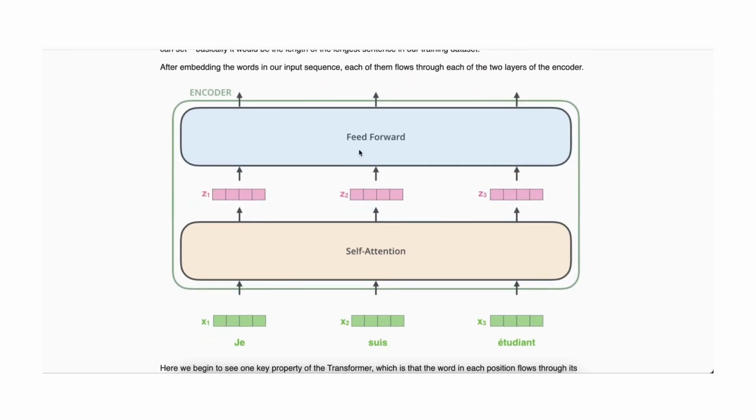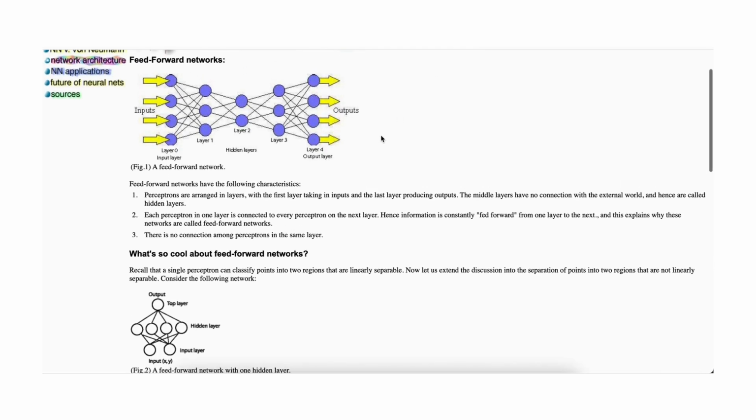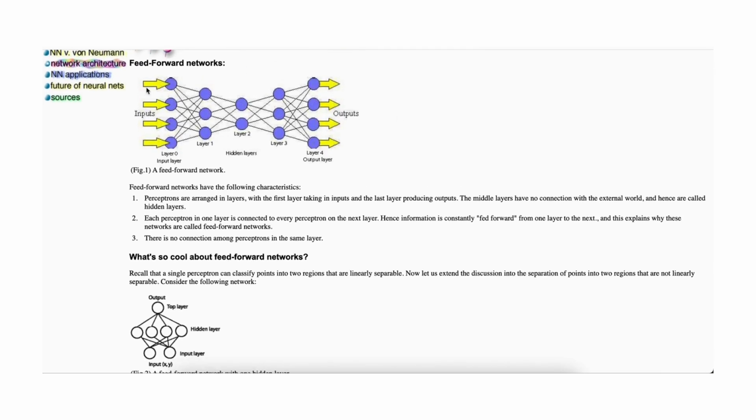Now, the feed-forward layer is something that most of you are familiar with. It is a fully connected neural network. I'll just show you a picture of the architecture here. So a feed-forward layer is something like this, where each of these elements of these vectors are these inputs, and then they pass through a bunch of layers, and the idea is that they are all fully connected. So there is a connection from here to here, to every node, so in layer 1,